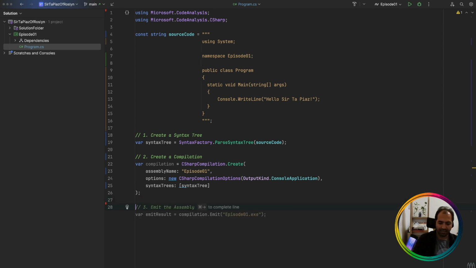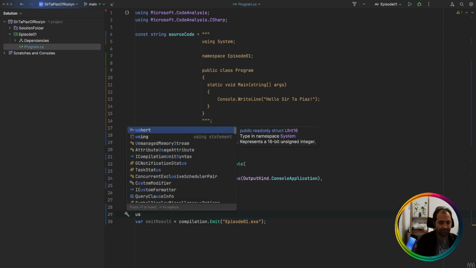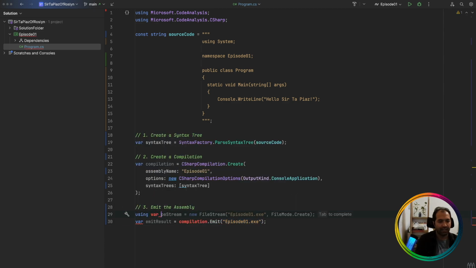The next step is to emit the assembly. To emit the assembly, we need to write it to a file, whether executable or DLL, or we could write it also in a memory stream. So let's create our memory stream here. ms equals new memory stream, and then let's emit that one to this ms. And it will